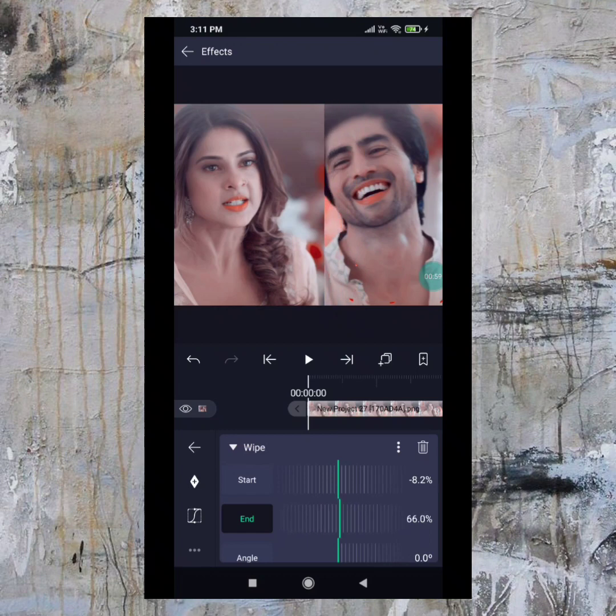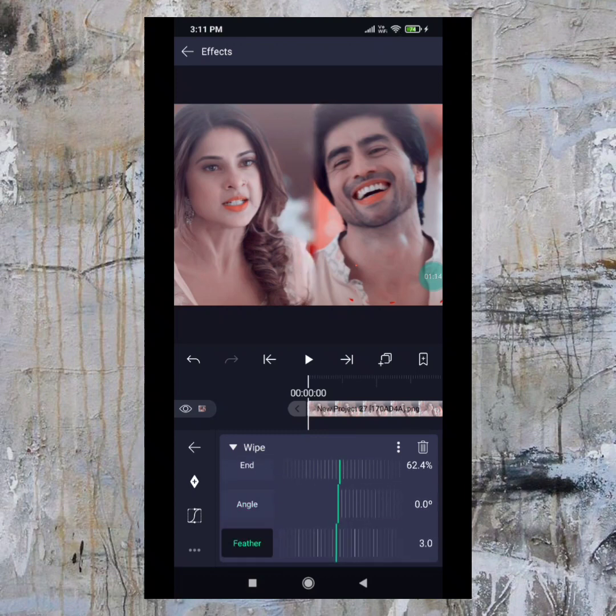Once you are done with settings, this feather is used to blend properly. Like when feather is zero, you can see the line is visible between both the pictures.